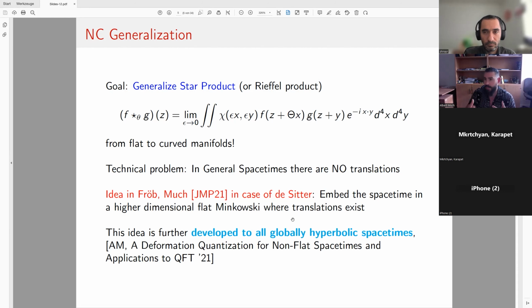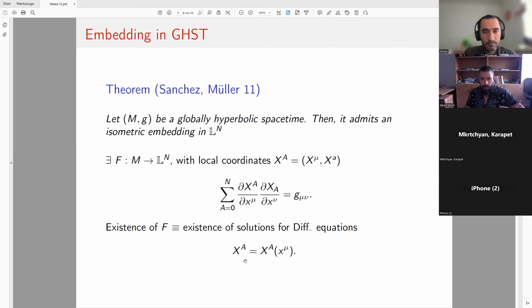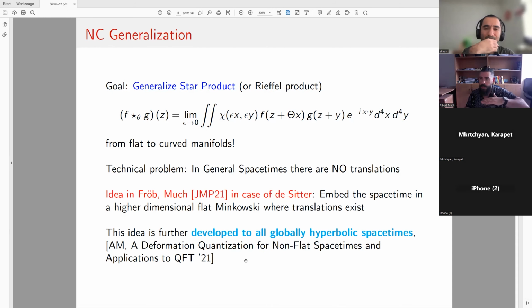And also it gives you the Cauchy problem. So you have, let's say, a wave equation, and you have a well-defined Cauchy problem on these globally hyperbolic spacetimes. And now my idea is, let me embed these globally hyperbolic spacetimes into higher dimensional flat spacetimes and work out the translations there and do a deformation with that. This is the very broad idea, which of course fails at a certain point, but one can start modifying it.